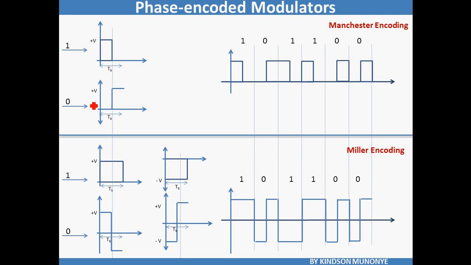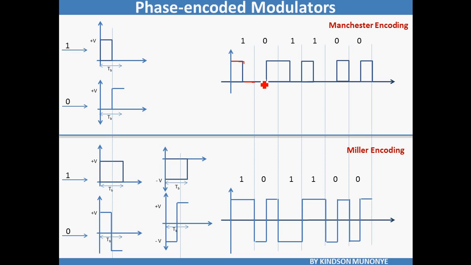Okay? If it's a 0, it goes from 0 to positive. That is from a positive voltage to 0 for a 1, and from 0 to a positive voltage for a 0 bit. So for the bit stream 101100, we have 1, it stays at a positive voltage, then 0